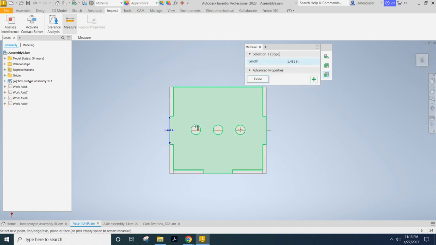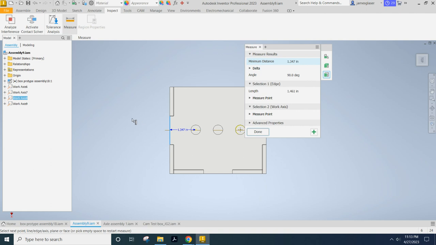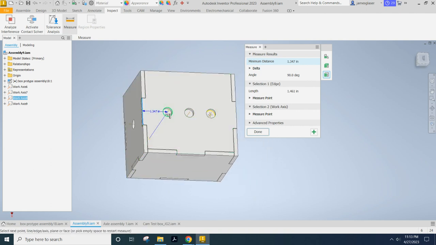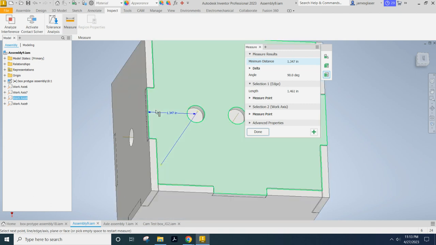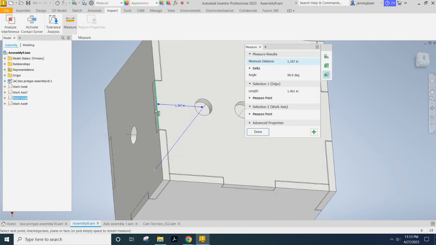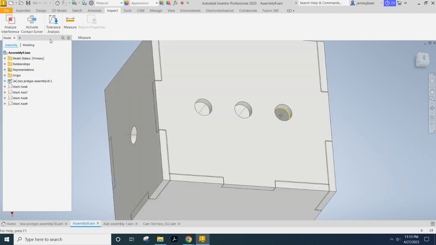I'm going to measure from right there to the center right there, and write that measurement down. You want to grab the same geometry each time. I'm just measuring from that edge, this line here, so it can either be this surface that I'm parallel to and measuring this way. So like for this 1.347,